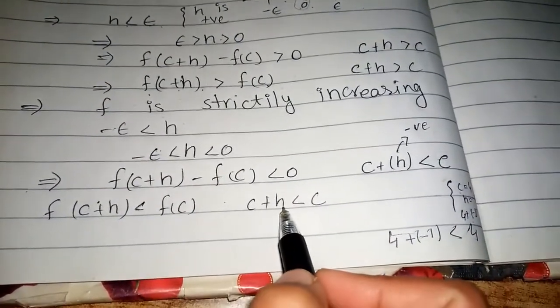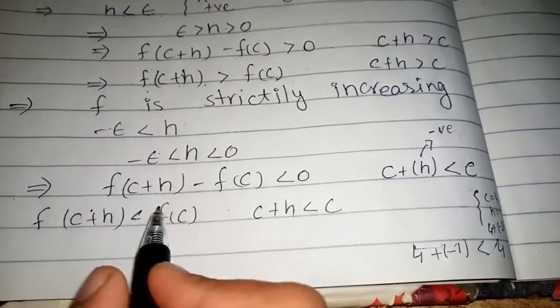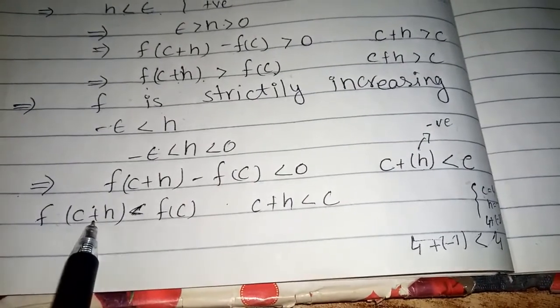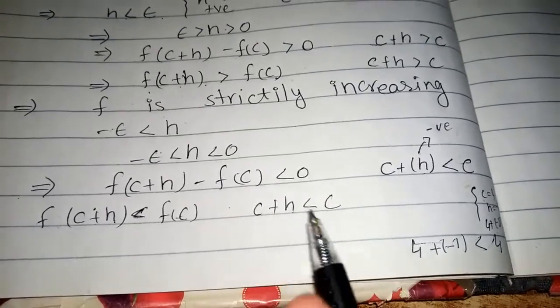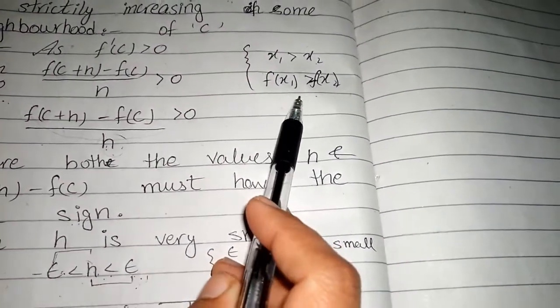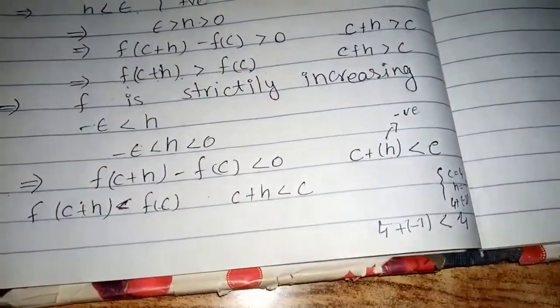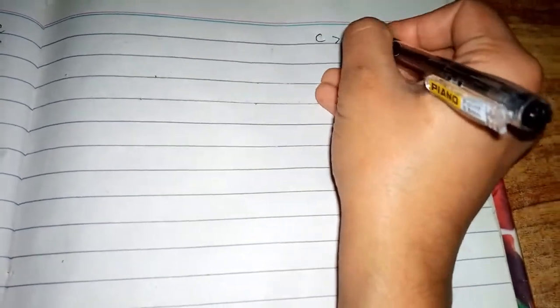Here we repeat again, this h is a negative number, very small, and the value of the function at c plus h is less than f of c, because we read our strictly increasing definition in the greater condition, so we write this in the greater condition. As we change this, we write c is greater than c plus h,